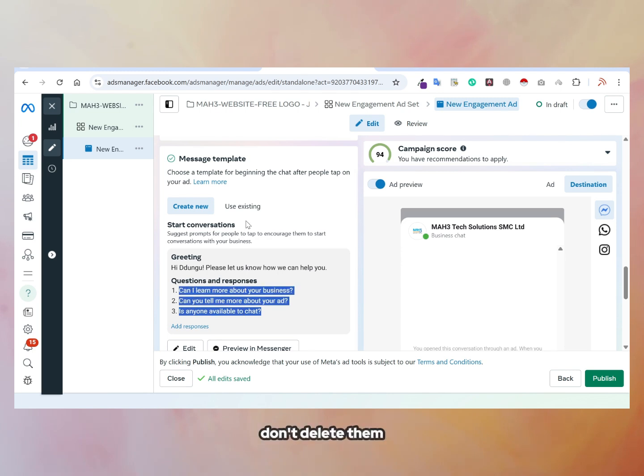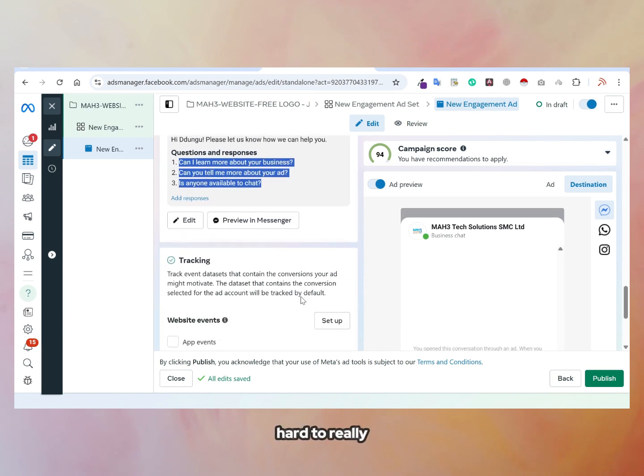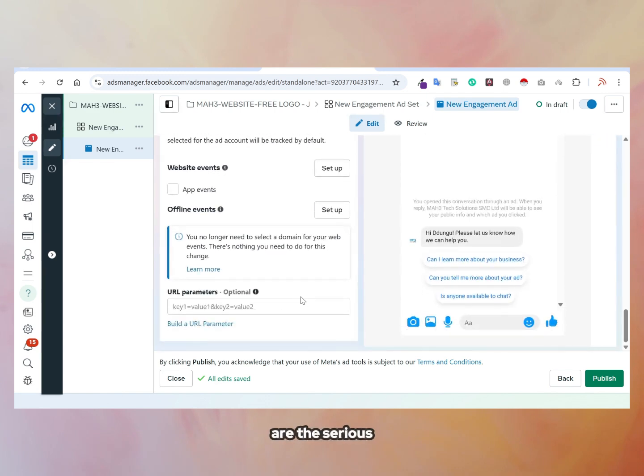Don't delete them because these ones, you get unqualified leads. For me, I need, if someone is to ask a question, is anyone available to chat? Let the client type it. Let it be intentional rather than just tapping. So when they just tap, it's hard to really qualify them to know who are the serious ones. So if you leave it the way it is, it will be like this. So people just tap. I find that